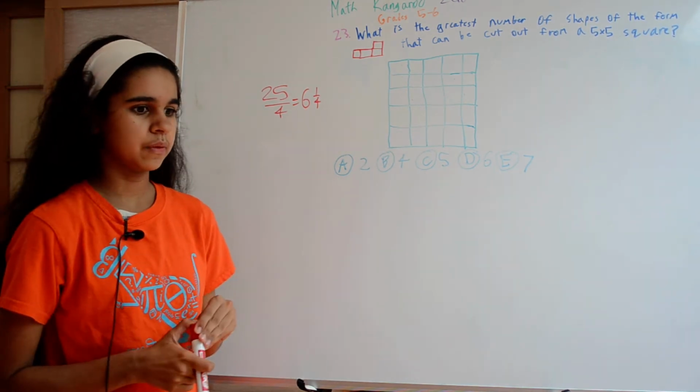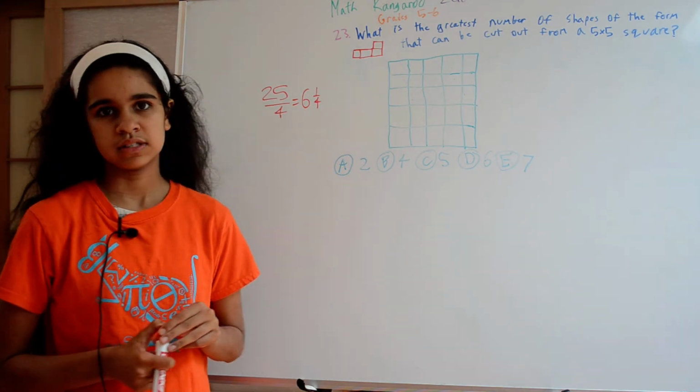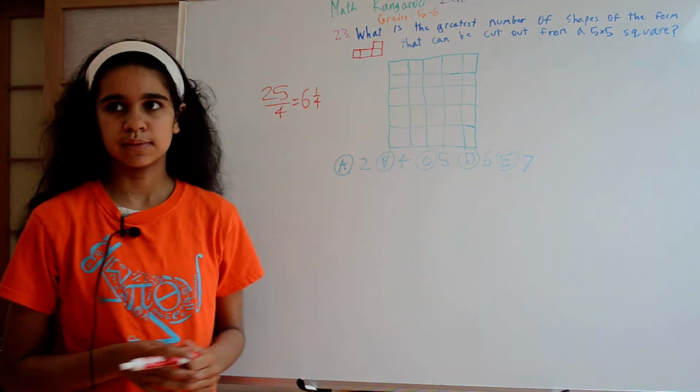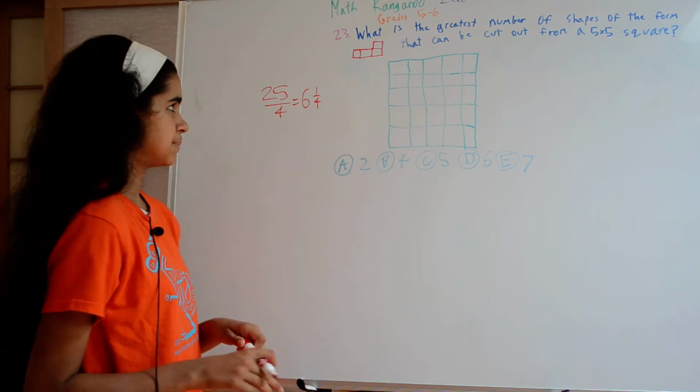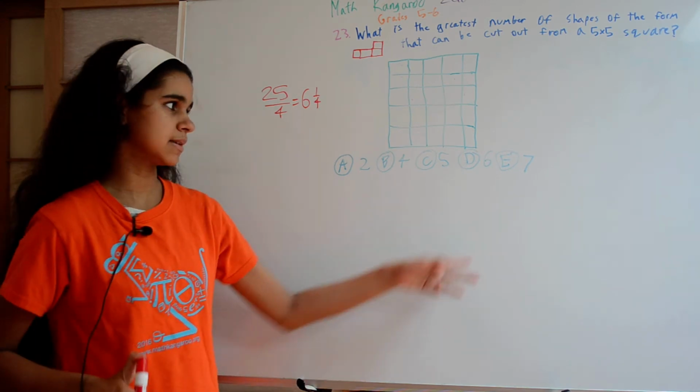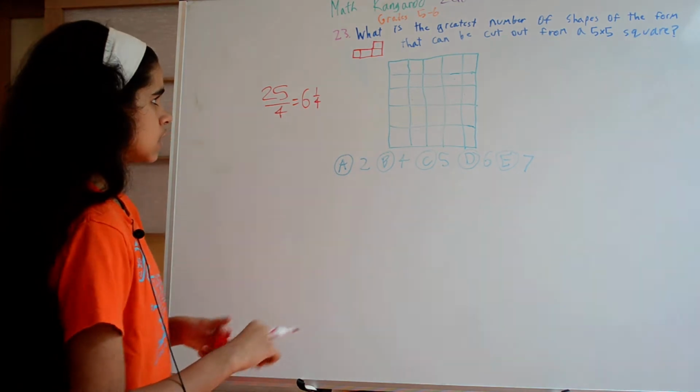It's still possible that we can't fit 6 in because it's not just any 4 little squares, they have to be arranged in this way. But if we find a way to put in 6, we know we're done. There can't possibly be 7. So if we look at 6,